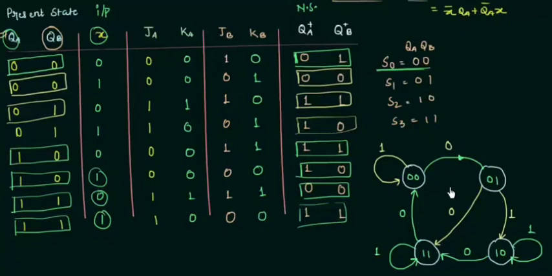In this case we have to do a little bit of extra work because of this next state. We have to find out the next state depending upon the values of JA, KA, JB, KB, whereas in the case of a D flip-flop, the next state Qn plus 1 is simply equal to the value of D. So there is no need to see the present state and the values of JA, KA or JB, KB. This is the extra work that we have to do in this presentation. But we were lucky that we don't have to find out the expression for Y. Otherwise there may be one more column for Y, that is our output, and we would have to see the output also. So that must have taken 4 to 5 extra minutes of ours.